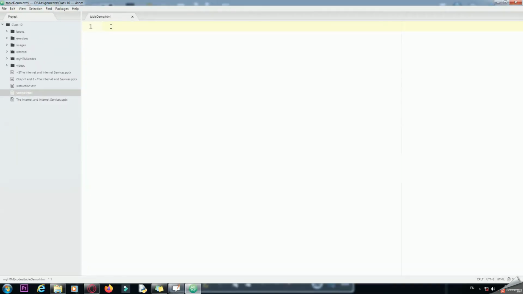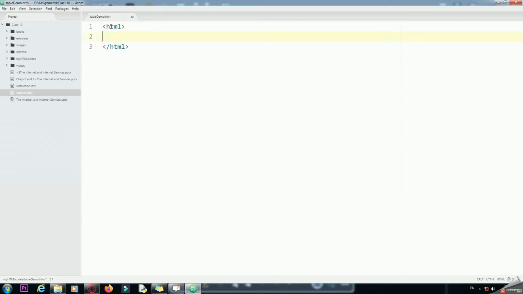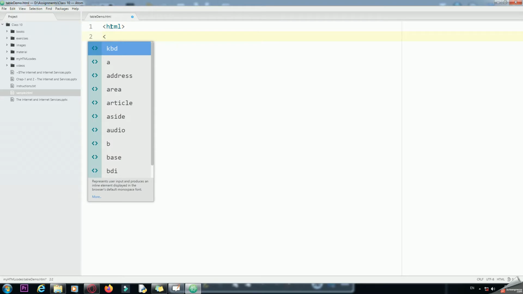So now I am going to type the code here. It is always better to type the closing tag also along with the opening tag, so you don't have to keep track of which tag you are opening.